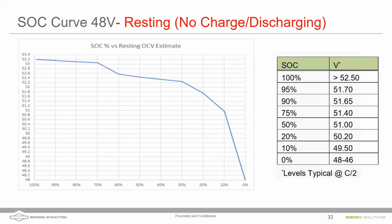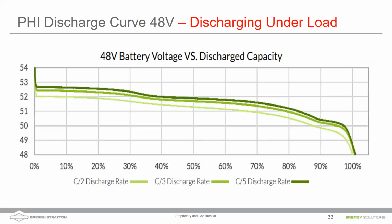So that being said, let's look at the next curve where we can actually look at a discharge. So we're still in the discharge state here. We're looking at a discharging battery. Notice that those voltages are below 53 volts right from the get-go. So as soon as we start discharging a battery, the current's going the other way. So the voltage of the battery would be below that resting voltage curve. So we're not showing the resting voltage curve here, but as Daniel is indicating, it would be above the darkest